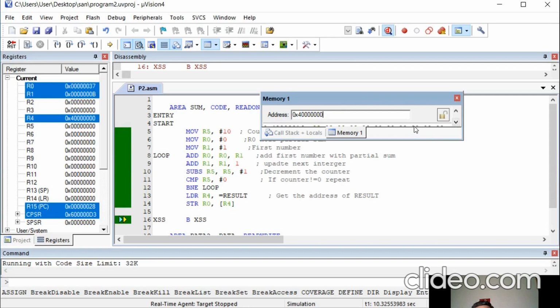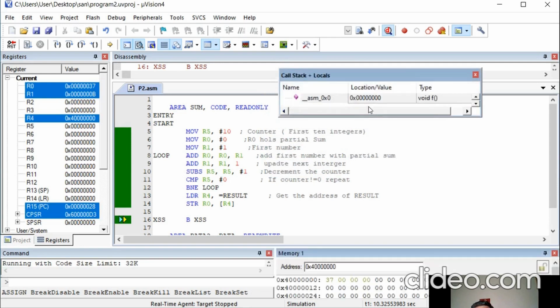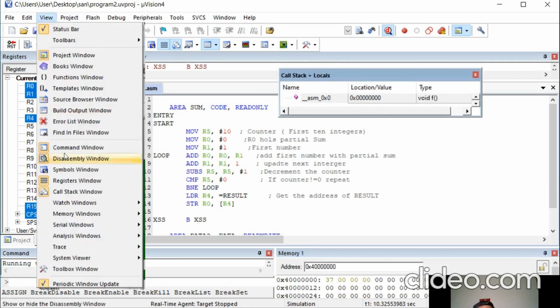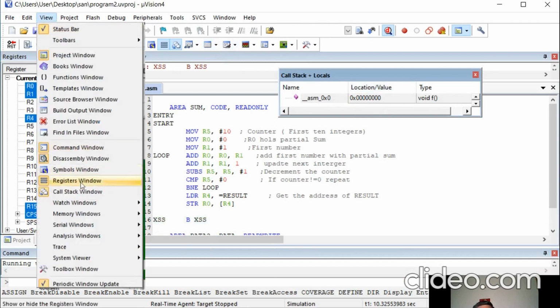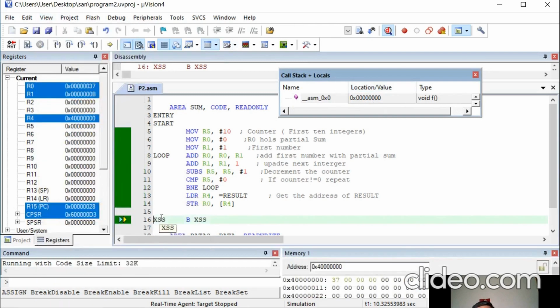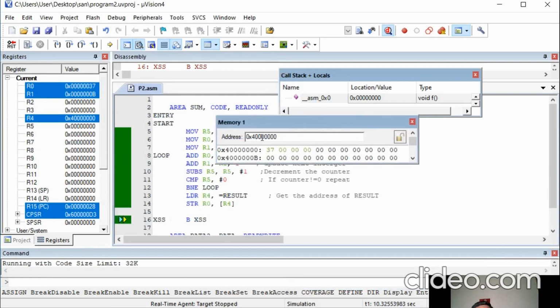You can see here the memory window, 40000000. This is the memory location, and you can see the contents here.